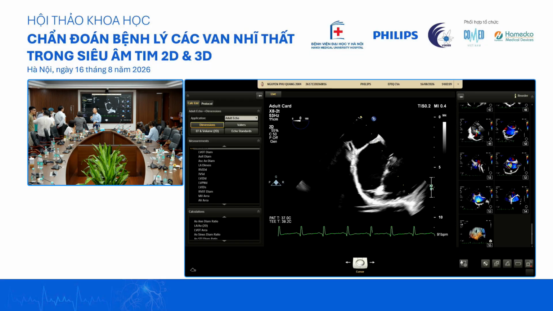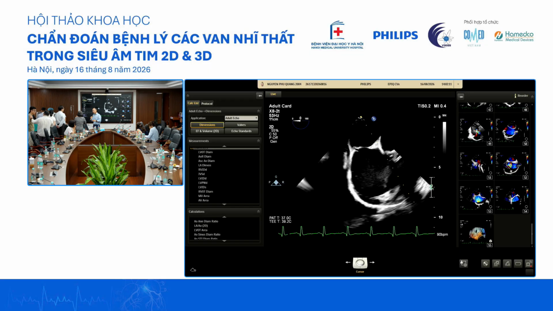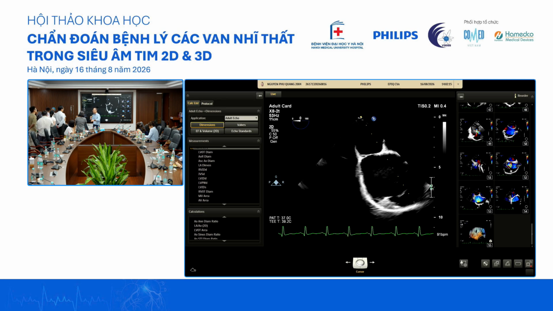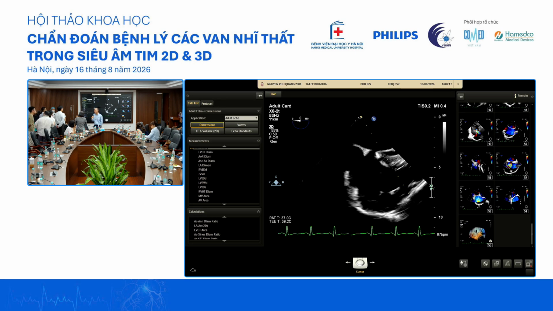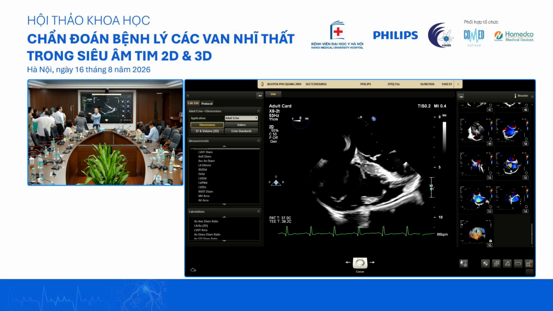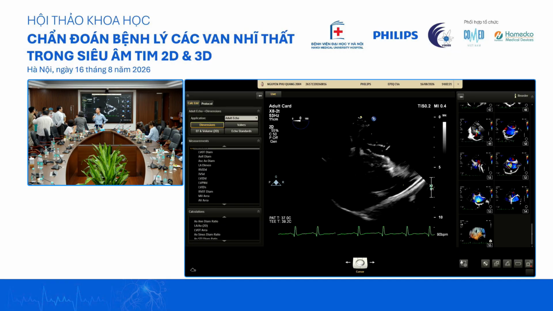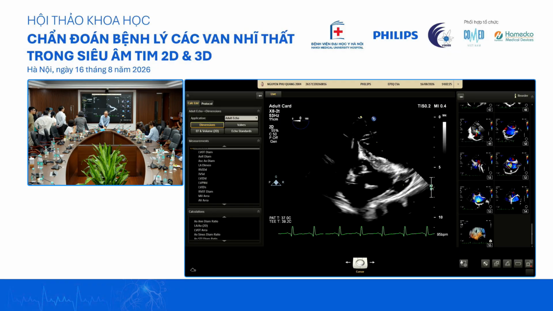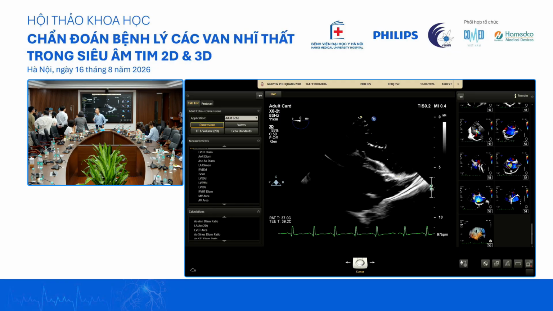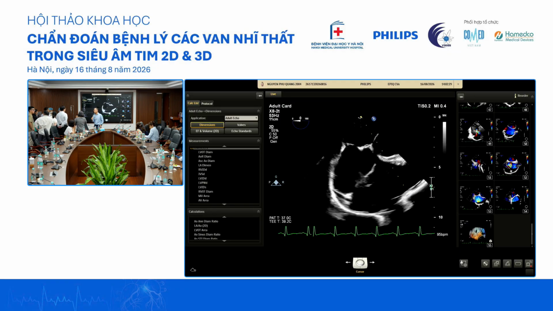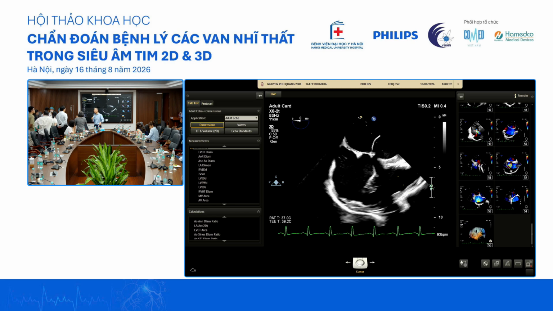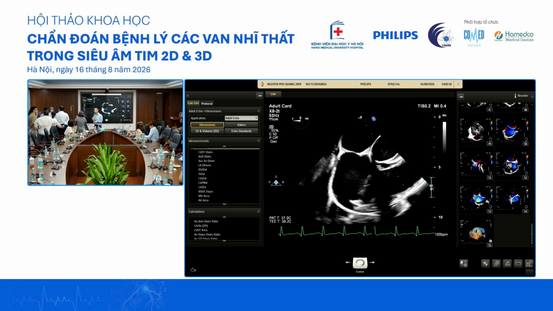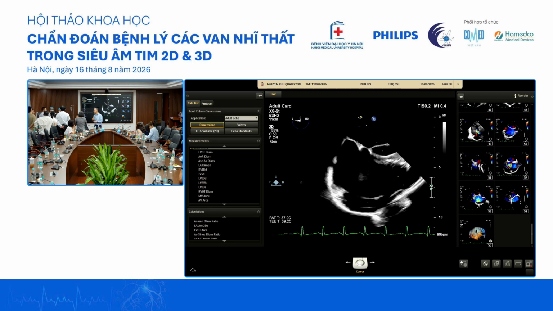Yeah. But we've done a PFO closure before, only to find out that the patient had a sinus venosus of the IVC. But this one, there's no abnormal flow. But if doing the right heart catheterization, you'll be able to see a step up, a step down, a step up. So if there's no step up, then you are very, very clear.